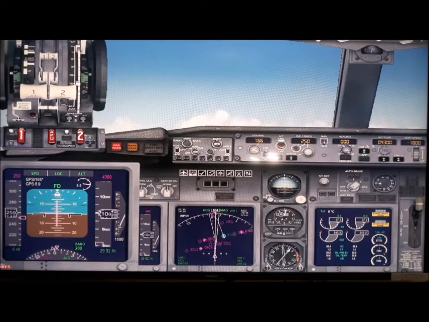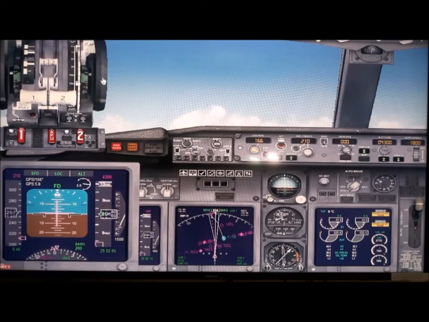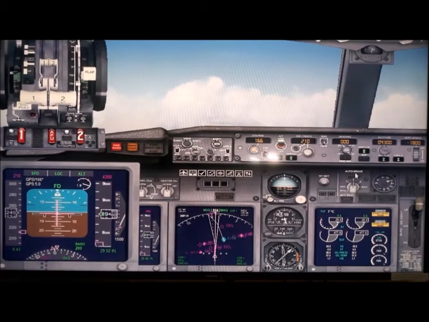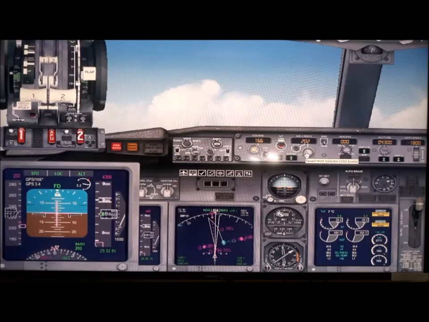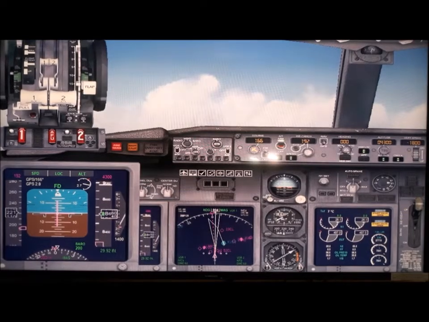Now we start our procedure. We have to put the flaps down. Slowly we have to increase, and we will be at full flap for landing. So what we will do, we will reduce our speed to around 210, and we will put our flap to position 10 or 15. Put the brake at position 2, the auto brake, and the landing gear we have to pull down later, and airspeed will further reduce to 200 or 190, and put the flap down further.